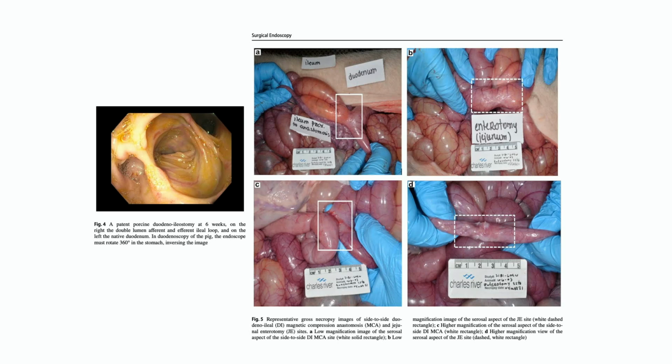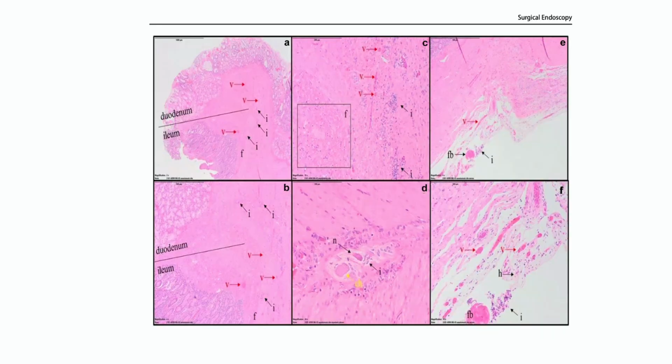And you see 3 lumens. You see the natural duodenum, and this is the ileum with both lumens. You have to understand that when you do the endoscopy in a pig, you have to go 360 degrees in order to enter the pylorus, and the image is upside down. That's why the duodenum looks on this side, but it's naturally on the other side. And again, by endoscopy, the image is pretty good of alignments with duodenum and ileum, with the serosa and submucosa,